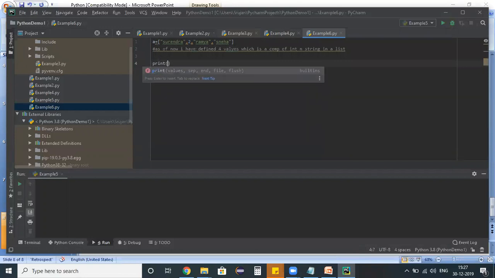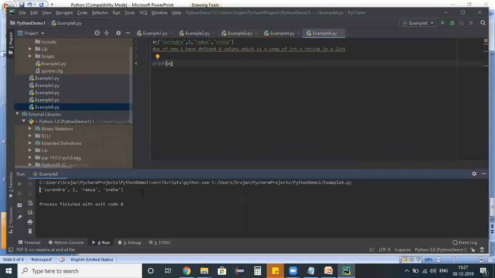When we use the print method on a list, the values present in the list will be printed. Suppose my requirement is to know how many values are there in a particular list. In such situations, we can use len of the list name.